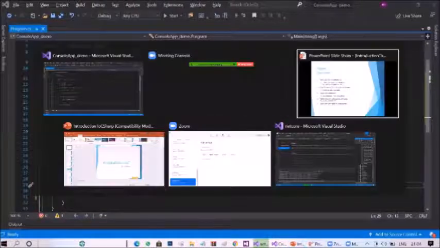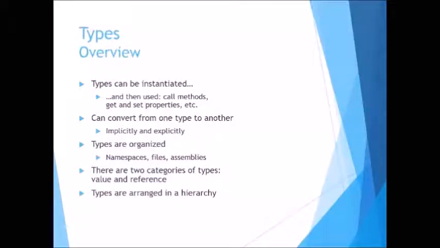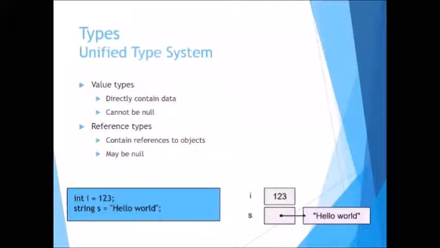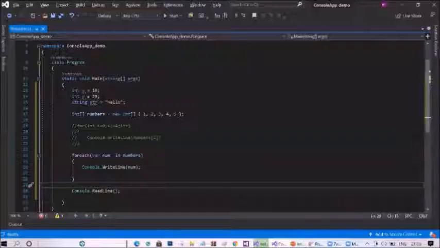Now we're back to our slides. So types we have seen. There are value types and reference types. So what do you mean by value type? Value type means it will be copying the value directly to the variable. If it is a reference type, it will refer to the address of the variable or the location of the declaration. Okay, so class and interfaces are reference types, struct and enums are value types.